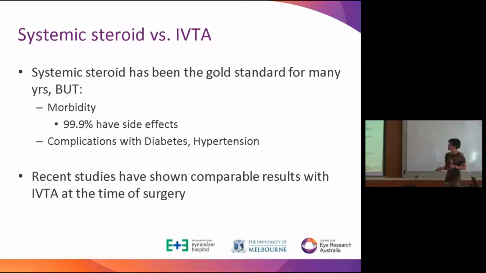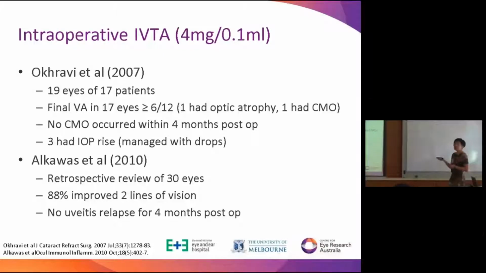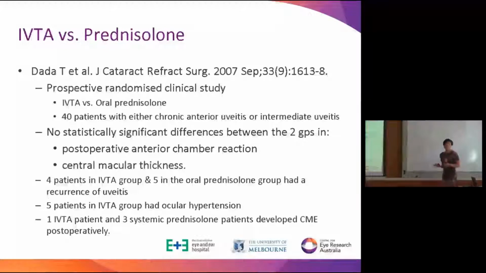Now, which is better, systemic steroids or intravitreal triamcinolone? No one really knows which one's better. Basically systemic steroid is the gold standard, but we know it's got side effects and is poorly tolerated by most. And so there have been recent studies that have shown that you can get comparable results with intravitreal triamcinolone. And these are the studies here. I'm not going to dwell on it because of time, but certainly in Australia, we've moved more towards local therapy at the time of surgery rather than prolonged courses of high-dose oral